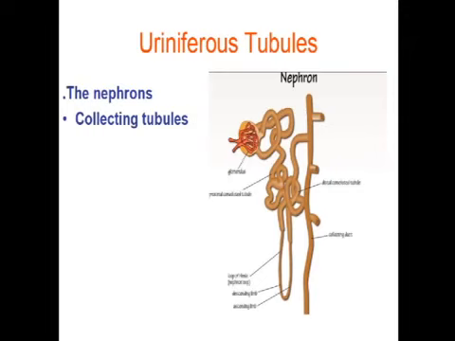These two parts are the nephron and the collecting tubule. Nephron is the longer part of the uriniferous tubule and is responsible for the production of urine, and nephron is derived from the metanephric blastema. So this is the nephron and these are the collecting tubules. The collecting tubule conveys the urine from the nephron to a collecting duct lying in a medullary ray, and embryologically this part of the uriniferous tubule is derived from the ureteric bud, which originates from the mesonephric duct.